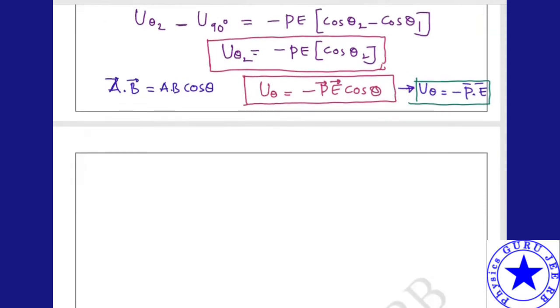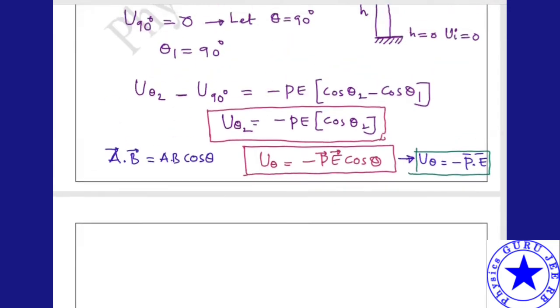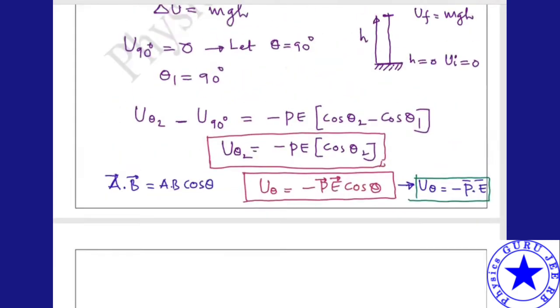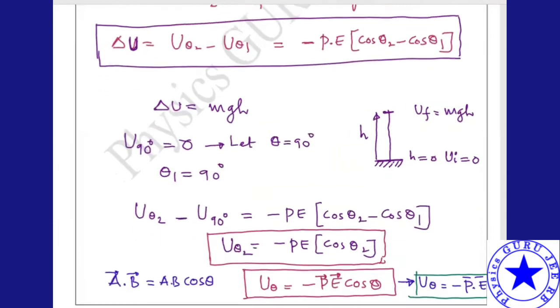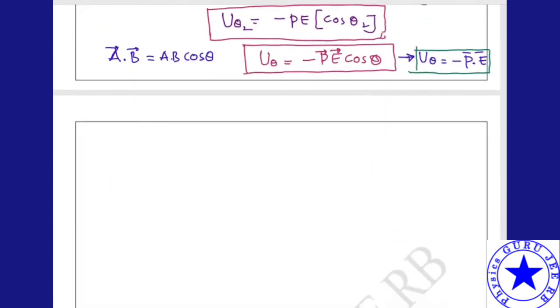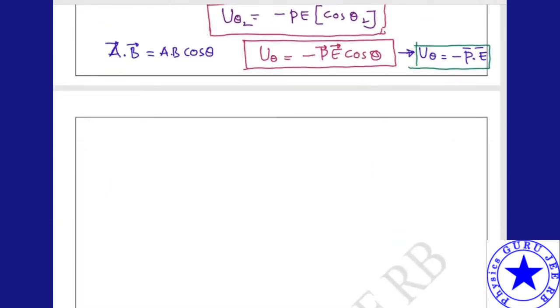Now next, we have to discuss three different cases about this potential energy. Just what we calculated: potential energy due to an electric dipole when it is placed in a uniform electric field, and we even calculated that potential energy is nothing but the work done by the external force, that is the electric force. Fine. Okay, now can you tell me what are the equations that we have till now, what we discussed here?